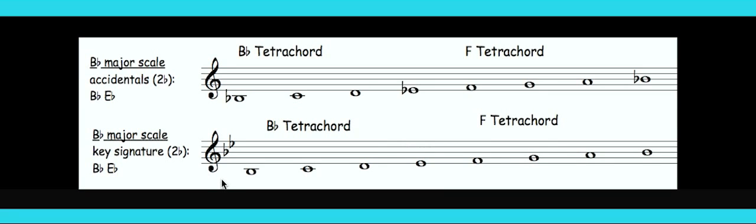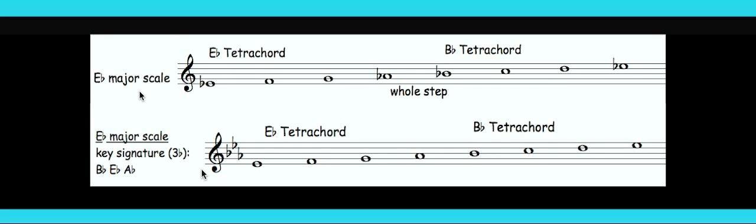The next scale is B flat major. Here it's written with accidentals on the staff and then written with key signature. We have two flats, B flat and E flat. So E flat follows B flat in the order of flats. Here's E flat major scale shown with a key signature. We have three flats now in the order of flats, B, E, and